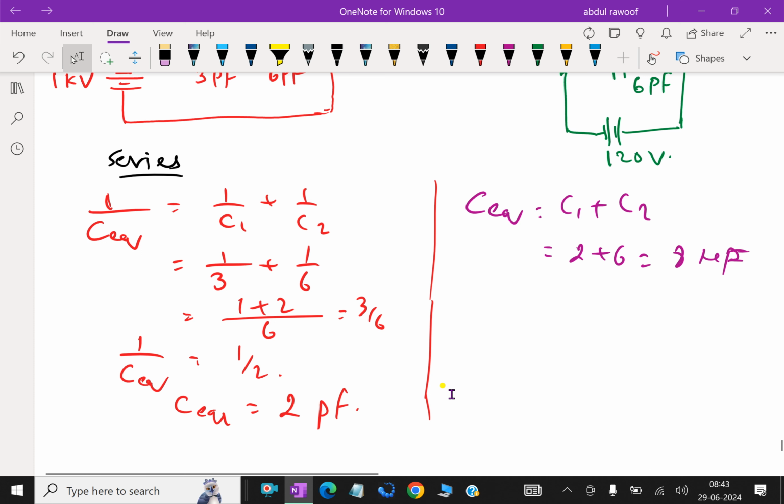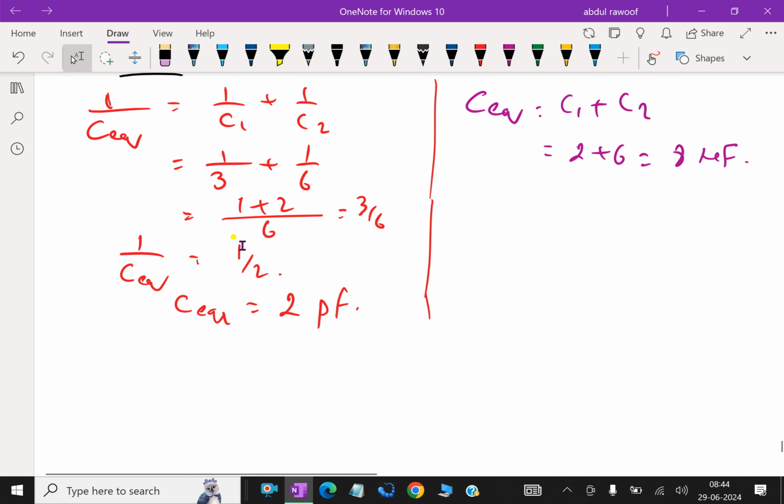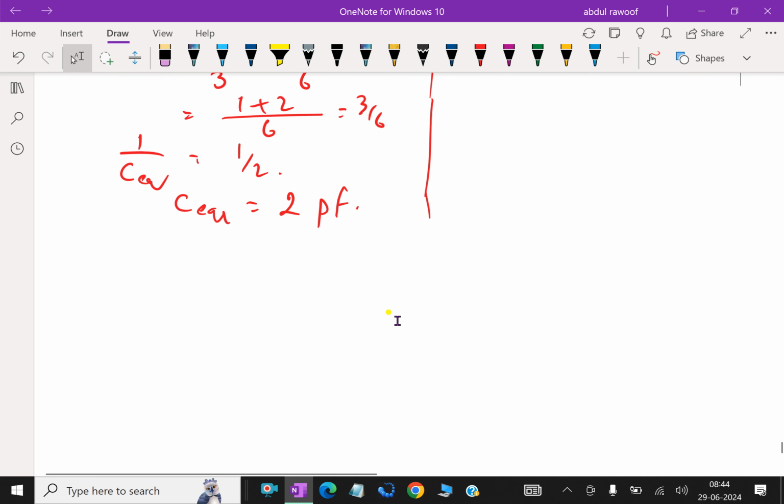That means in a parallel circuit, capacitance is added. Now here in the series circuit, the charge on each capacitor is the same. Therefore,